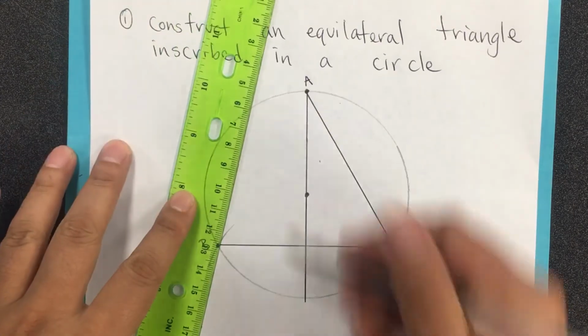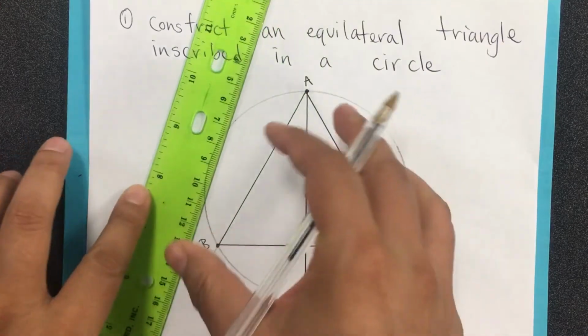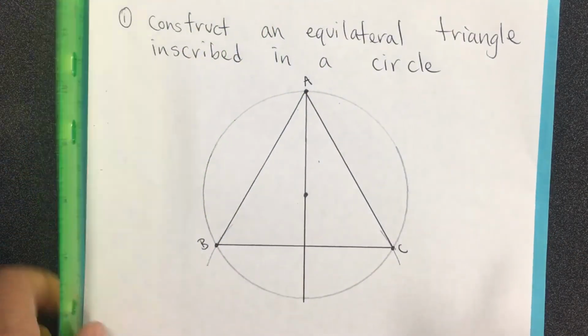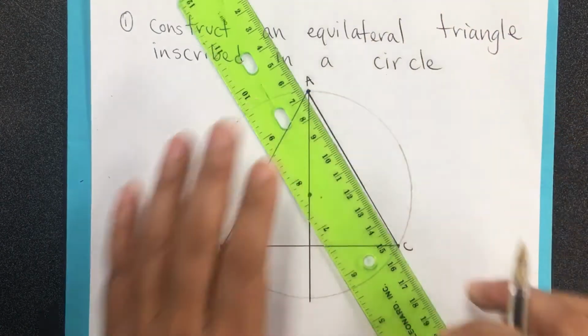Again, it doesn't matter how you draw your diameter, but it's just that you're gonna be turning your triangle in other directions, which is okay. Okay, that's